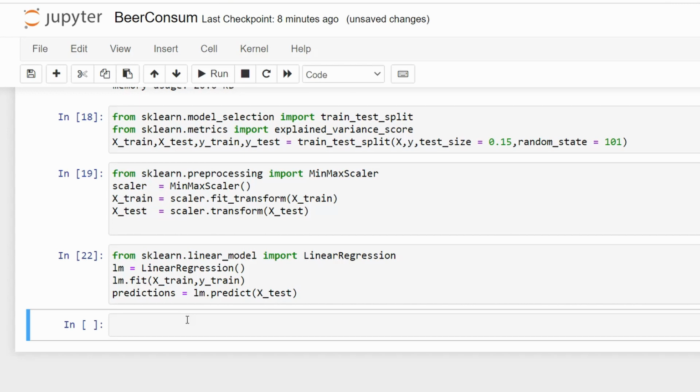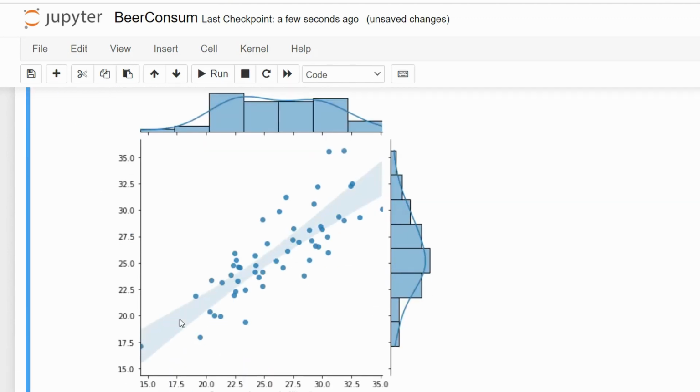Let's visualize our predictions with sns.jointplot, sns.jointplot with y_test comma predictions, and kind is equal to reg, as it's a regression.